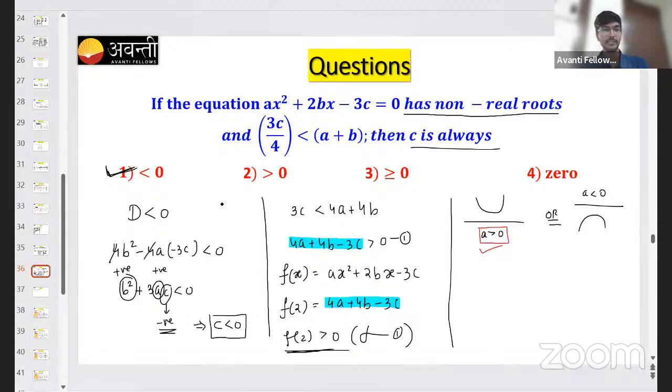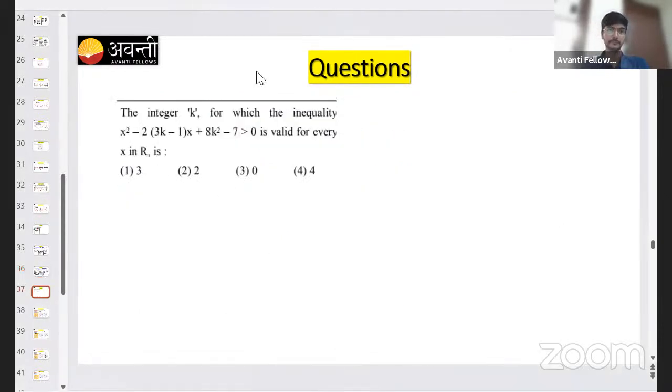And chalo, let's look at next. See, the integer k for with the inequality. अच्छा, फर्स्ट तो हम लोग यही करते हैं ना हर टाइम. इसको क्या देते हैं? एक एक्सप्रेशन मान लो f of x. एक्सप्रेशन क्या है? क्वाड्रेटिक एक्सप्रेशन है. दैट इज x square minus 2 into 3k minus 1 x plus 8k square minus 7 greater than 0 दिया है